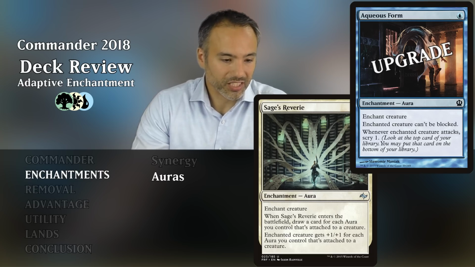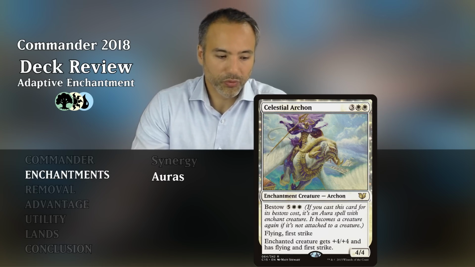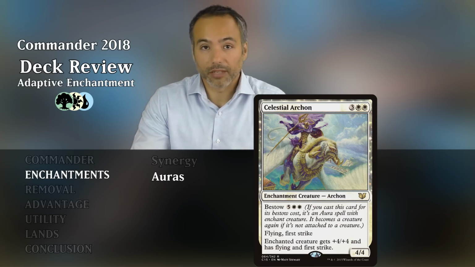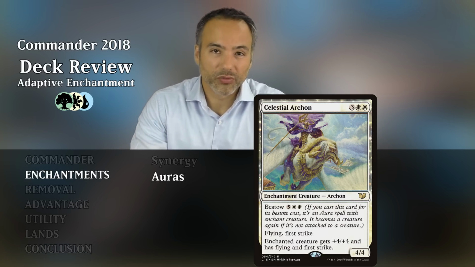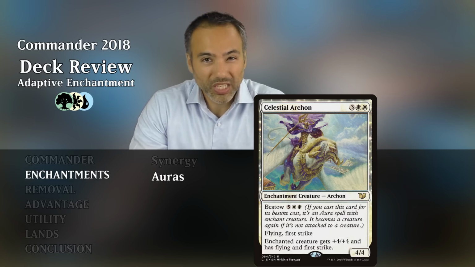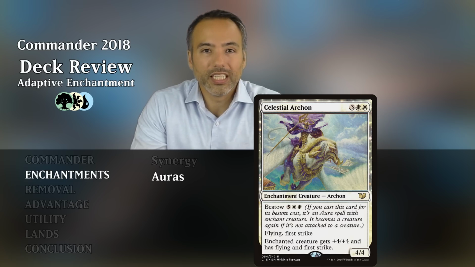Then we have Celestial Archon for 3 and 2 white. So for 5 mana, it's a 4/4 first striking creature. It's a fine creature. It's an enchantment creature, so it does count towards the enchantment count, which is nice. And the bestow cost for 7 is a bit steep to give another creature +4/+4, flying and first strike. So we would actually like to take this card out, and we're going to be upgrading it by putting in